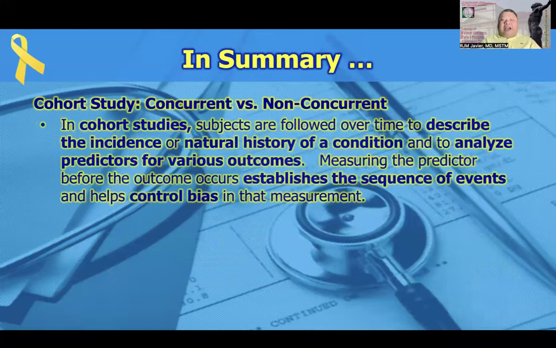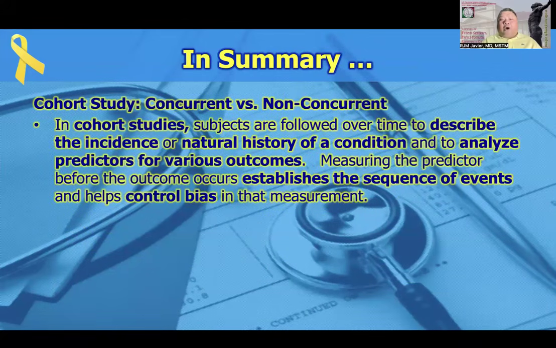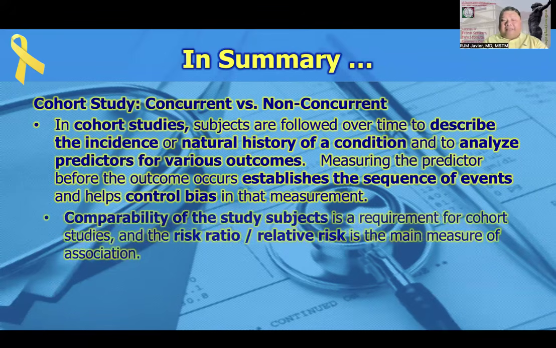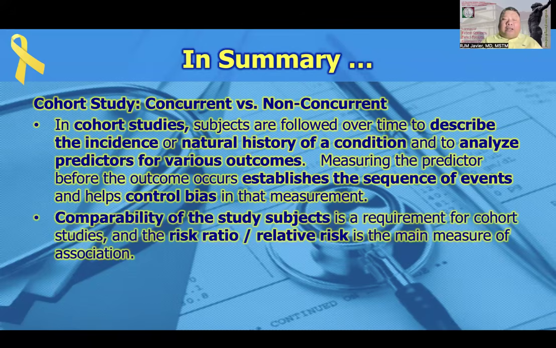Cohort studies are further divided into your concurrent and your non-concurrent cohort, wherein you recruit study subjects based on the presence or absence of risk factors. They are followed up in time to see how many of them will develop the disease of interest. So this will establish incidence. However, there could be issues also with temporality because it is forward looking. There could be issues with attrition, or other forms of systematic errors. And in a cohort study, we can yield the risk ratio or the relative risk as the main measure of association.